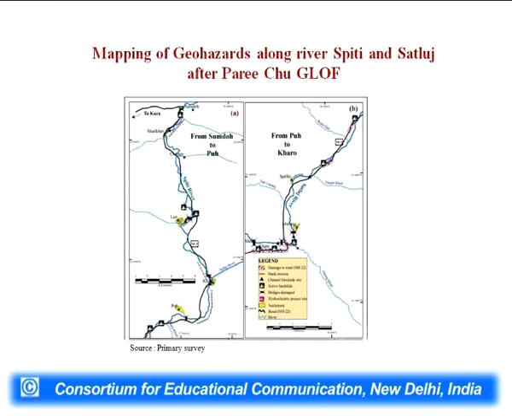You can see here that from Sumdo to Poo you will find the most damage, and at Khab, when the river meets the Satluj, because the river Satluj is bigger in size, it accommodated the water of that Parichu lake outburst. But because of the debris and the huge amount of water, the Naptha Jhakri, even quite far away from this Leo area, was affected by this, and in between there was